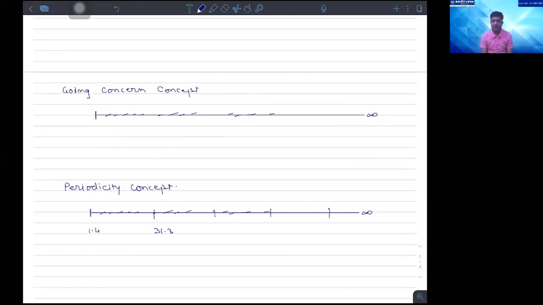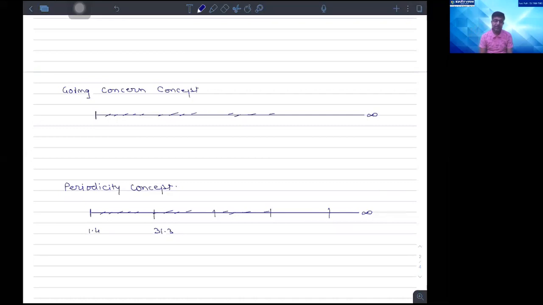Now, why is it covering the total period of 12 months? The very basic reason behind that is that 12 months will show all the ups and downs for the year. And for that purpose, it generally covers the 12 months period. Am I right? Now, one more implication of going concern. One implication is what? Once a business starts, it will continue forever.